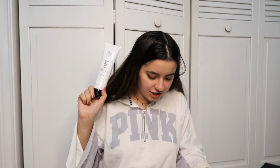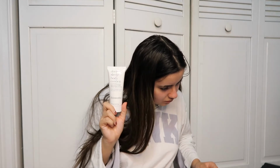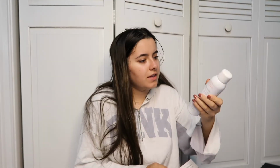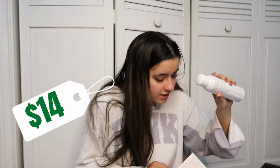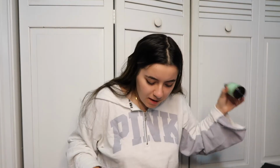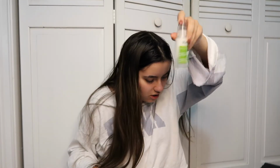So drum roll please. This fast food AG conditioner costs $24. This deep sleep body cocoon costs $40. Wow. This water thingy that's in French and English, that took me forever to realize it was in French, costs $14. Not that bad. I thought it was gonna cost more. These silicone straws, $15. This body oil costs $68. Oh my god. The collagen costs